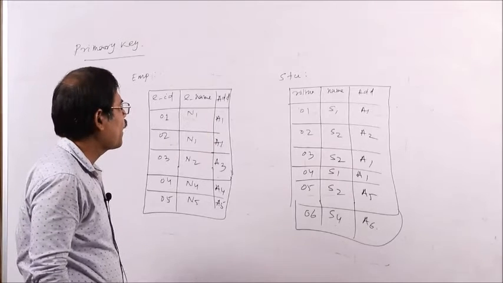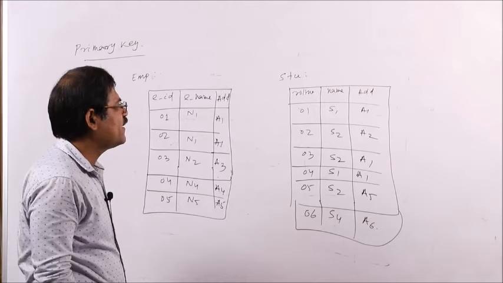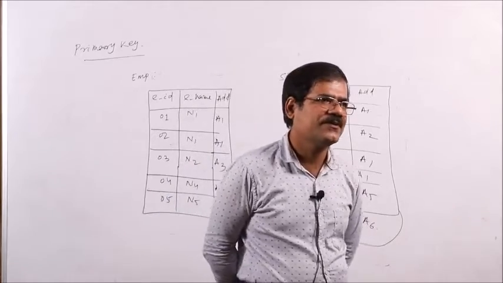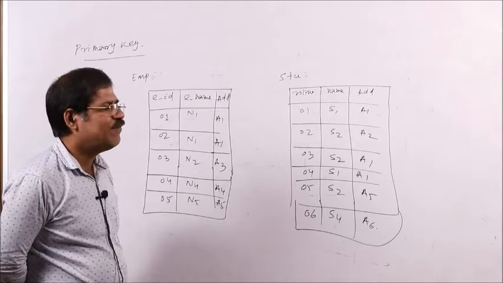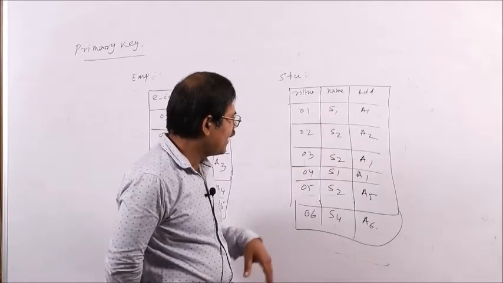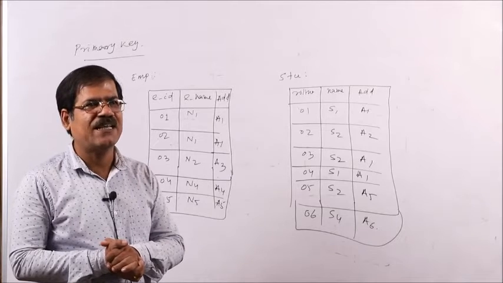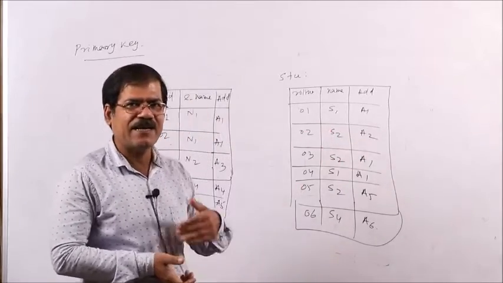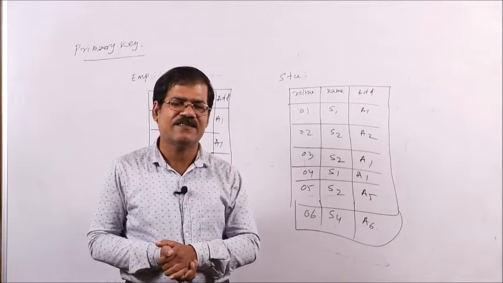So, here if your teacher says, those whose name is S1, please stand up, in a class there may be multiple students having the same name. So, name may be duplicate. Here S1 is here, S1 is here, so there are two S1s in a particular class. Address may also be duplicate, because all the students are mostly staying in hostels.